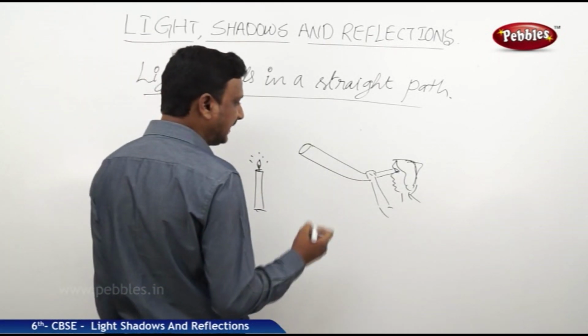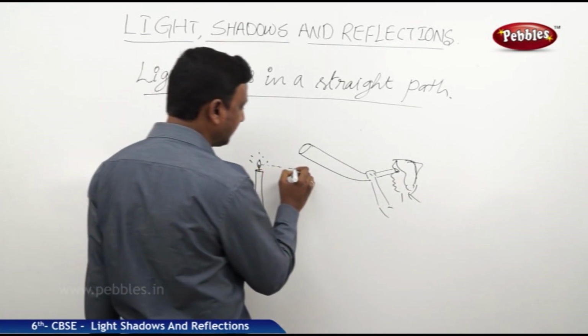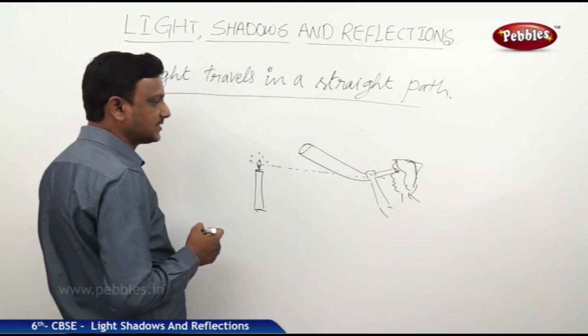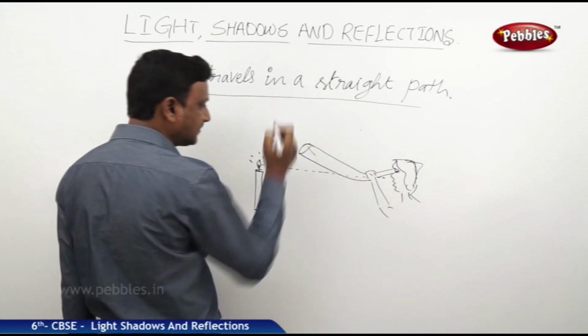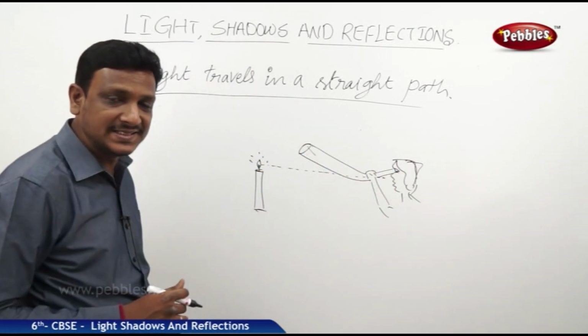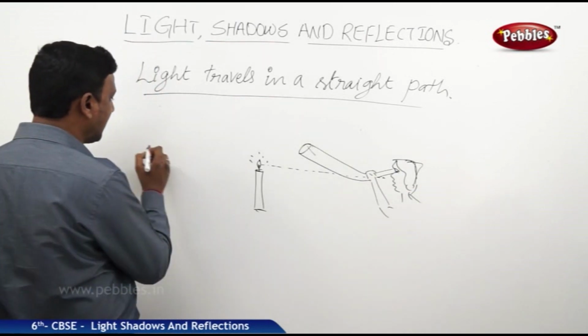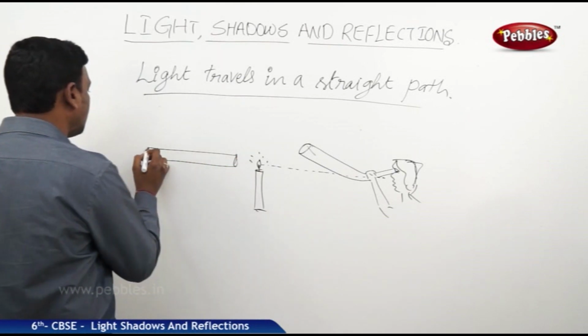So now, is he able to see the light of the candle? You know that the light travels in straight lines. But what happened here? So he has taken a pipe like this, which is not straight. Can he see the light? Can he see the light? So on the other hand,